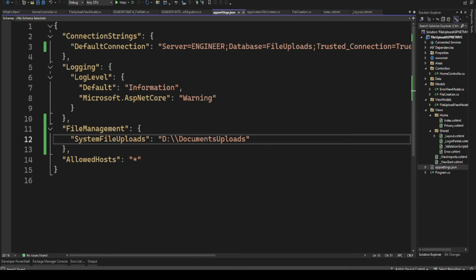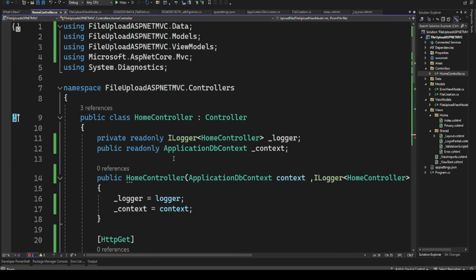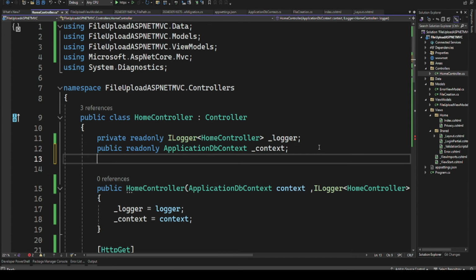So then we need now to tell our app where to access that file. So I want us to define the path where we'll be getting our file, and also where we'll be saving our file. So to do that, we are going to use configuration manager. So let's just go back to home controller. Then I want us also to do something here. So we just do private,